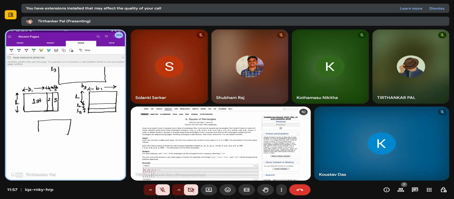this is the first box, this is the second box, and this is the third box. Okay, so this is the last possible combination, how we can arrange the boxes. Okay, so we will